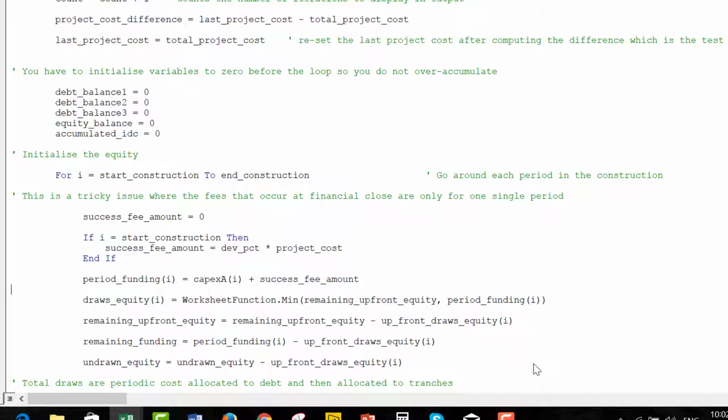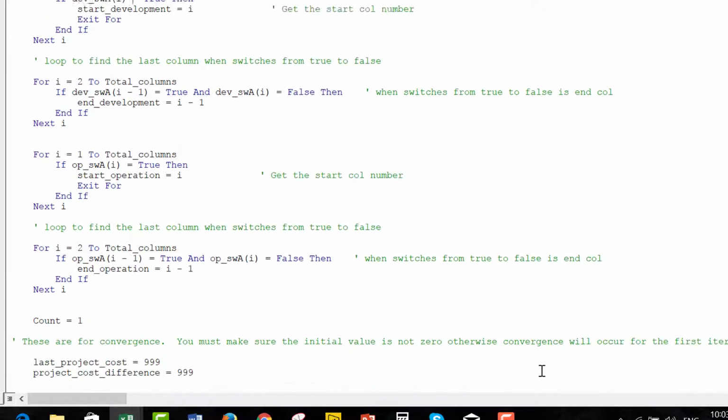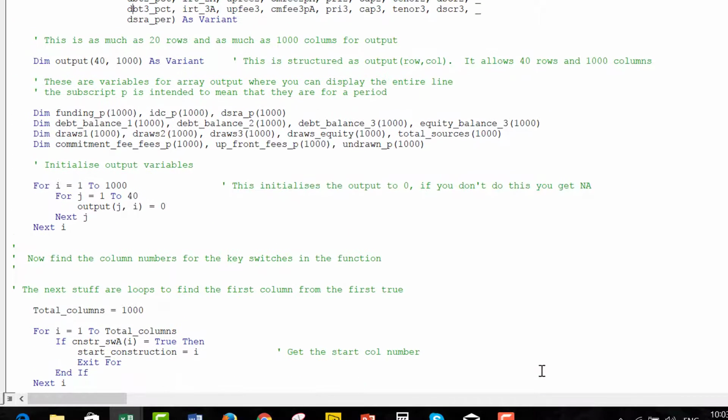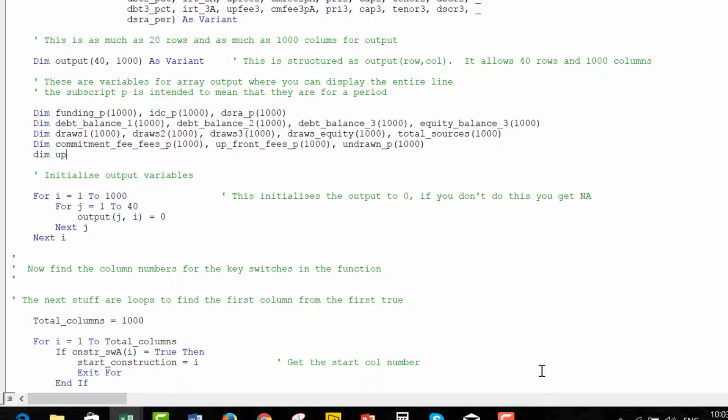Okay, and then the capex is the funding, and then we said, well, let's put our initial or upfront. And this is a classic kind of thing, upfront draws on the equity. Now, if I define an array variable, and I'm going to try to do this, where's the equity? Just a second. I think we need a new variable here. Okay, so I put DIM upfront equity